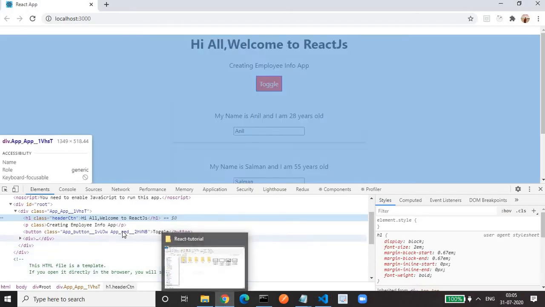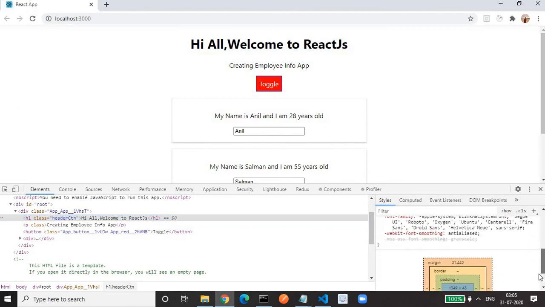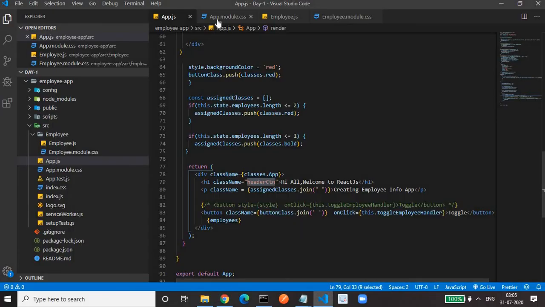You won't find the class header ctn here, because it does not work once we add the CSS module. So for using this header ctn, what do we have to do? We have to bind it this way. We have to write classes dot header ctn. Then only it will work.